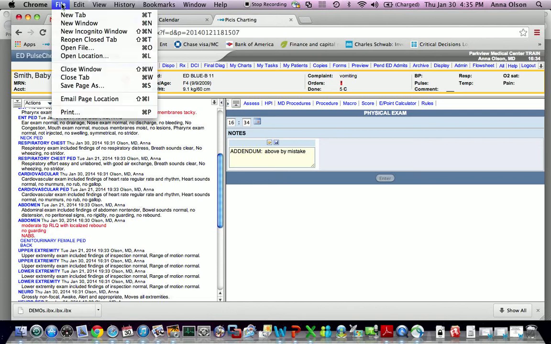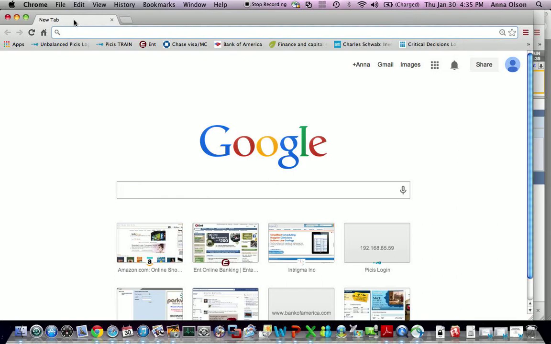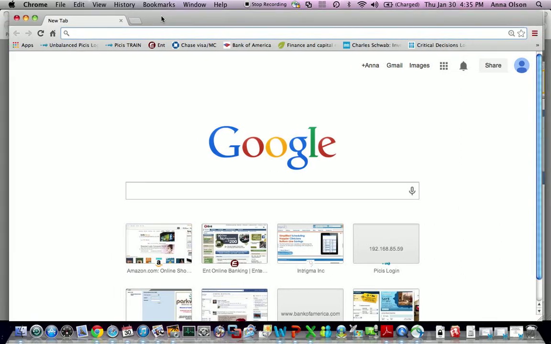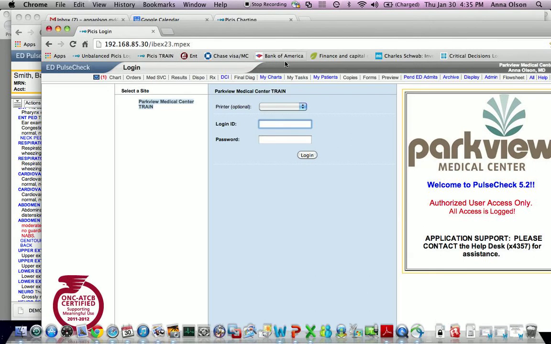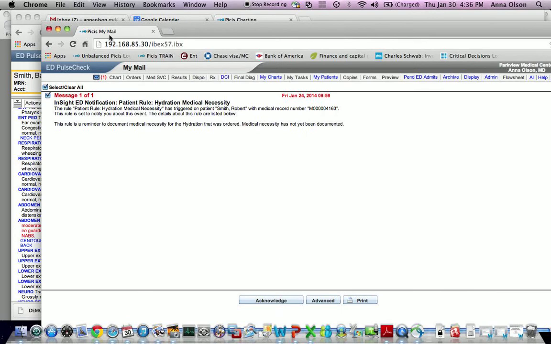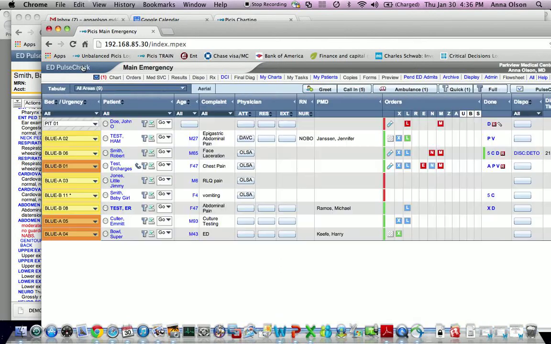You can go and open a new window, or new session it's called when you're on the PCs at work, and you want to go to the same place you've been, which is the Picis train session. Sometimes there's some bleed through between these two sessions, so watch out. You want to always go back to the main board. So now I've got 2 sessions of Picis open,